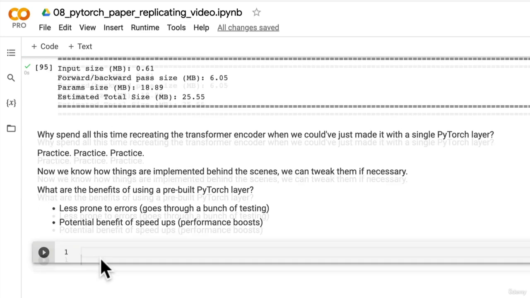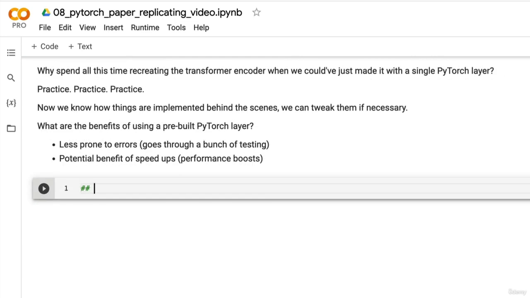We'll jump into here and let's create section 8. We're going to put all of the pieces of the puzzle together, the inputs, the outputs, the layers, the blocks, everything we've been talking about. Putting it all together